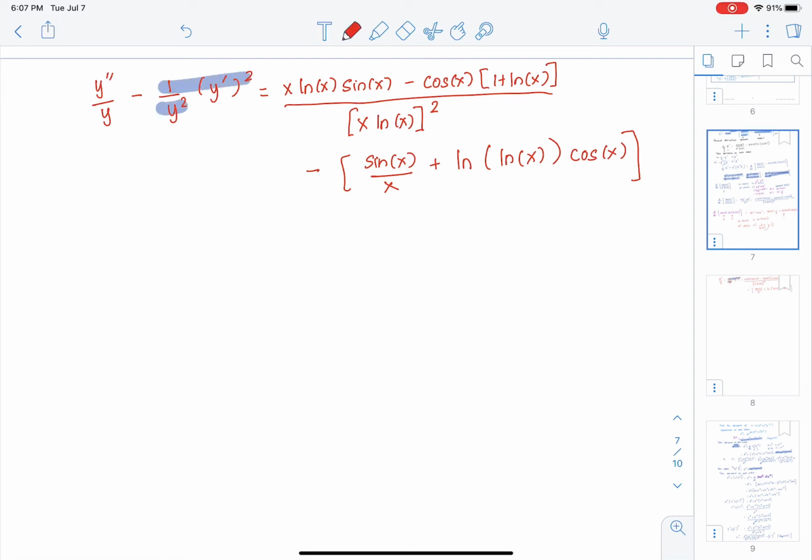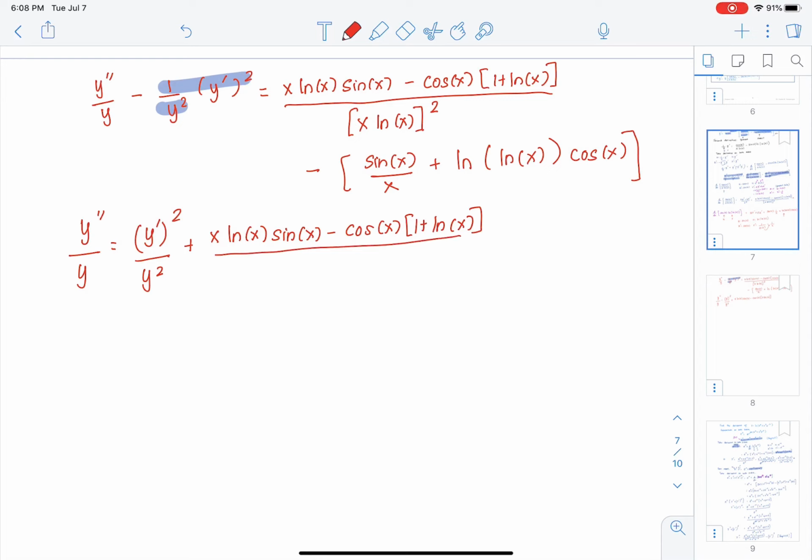So y double prime divided by y would equal y prime squared over y squared plus x ln of x sine x minus cosine x multiplied by 1 plus ln of x divided by x ln of x squared minus sine x over x minus ln of x times cosine x,